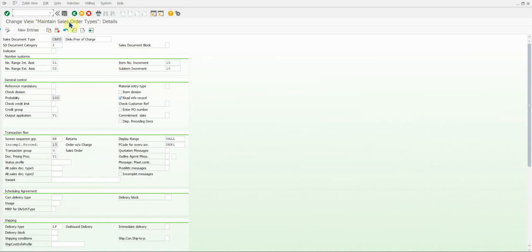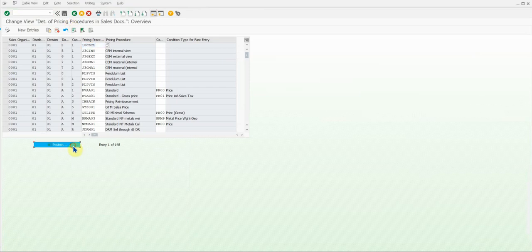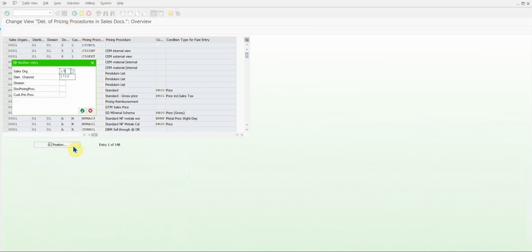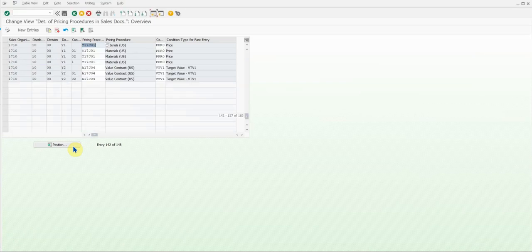Then I want to jump to how you link the pricing procedure to your config. So in transaction OVKK, we can go to our sales organization 1710, and the document pricing procedure was Y1. So again, this is where you link the pricing procedure that will pop up in your sales document when you